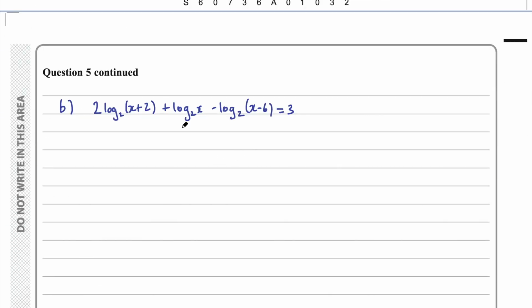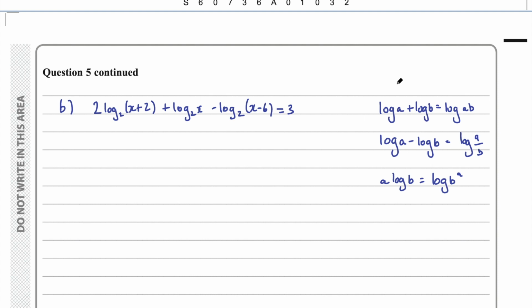Alright, if we use our log laws, we'll be able to simplify this quite a bit. The log laws I'll be using are: the log of a plus the log of b equals the log of a times b; the log of a minus the log of b equals the log of a over b; and a log b equals the log of b to the power a. Using those three laws, firstly, we can rewrite this first term as the log base 2 of